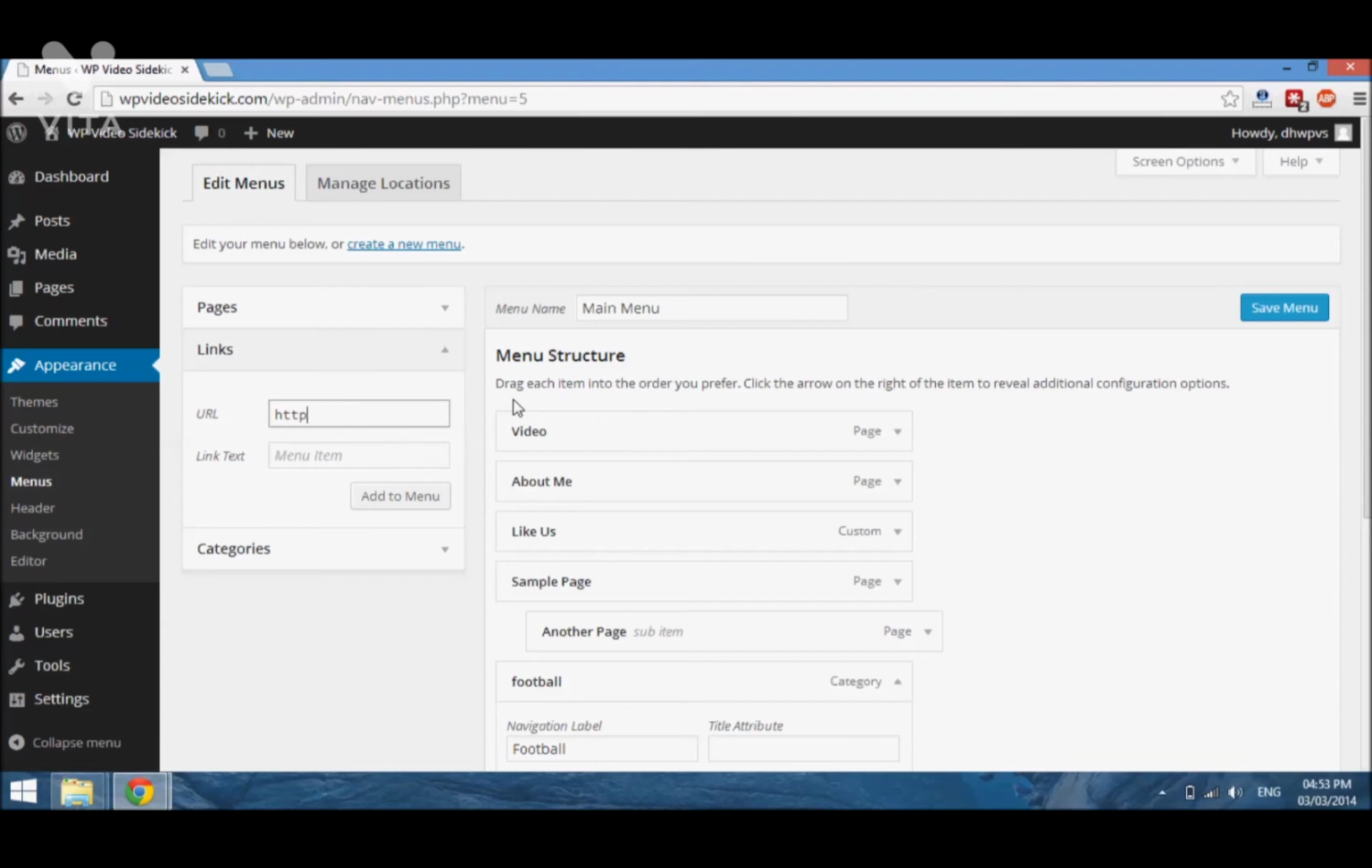So what you would do here to accomplish that is to put the hashtag or the pound sign, and then you would put the text here that says services, add to menu,